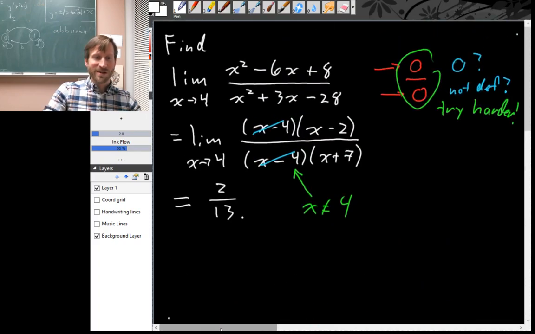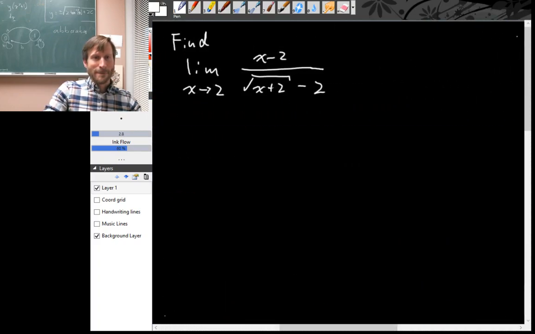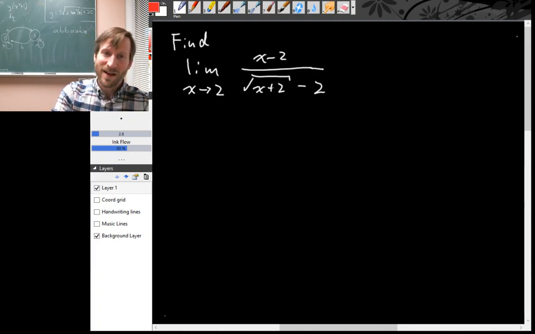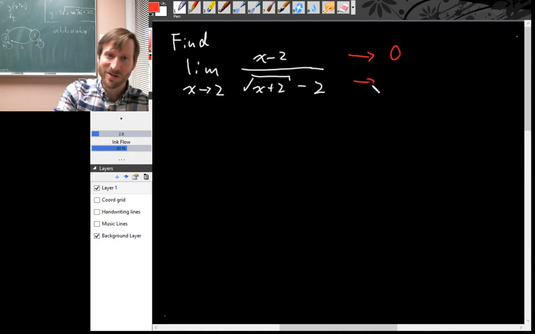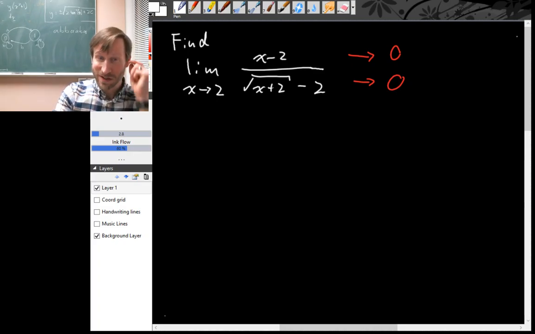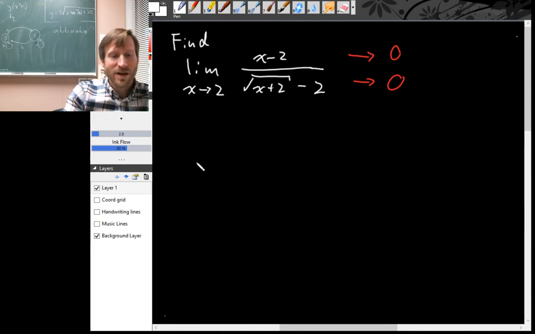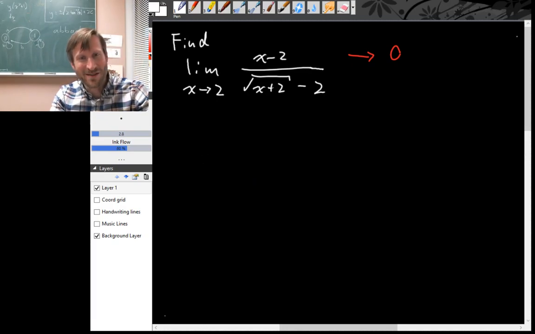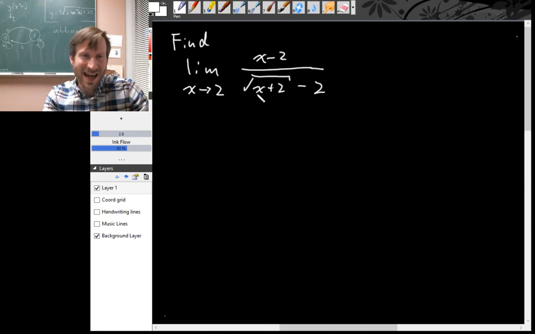Let's look at another example. Let's find the limit as x goes to 2 of x minus 2 over the square root of x plus 2 minus 2. You will probably guess that we get 0 over 0 again if you just try to use the limit laws directly. And that's true. You do end up with 0 over 0. So we need to try harder. Exactly what try harder means depends on what your limit looks like. And for this one,